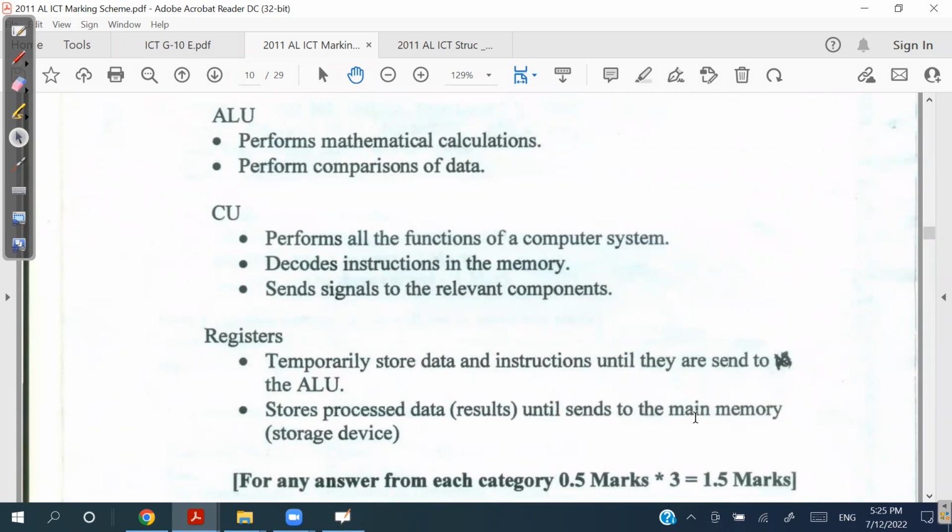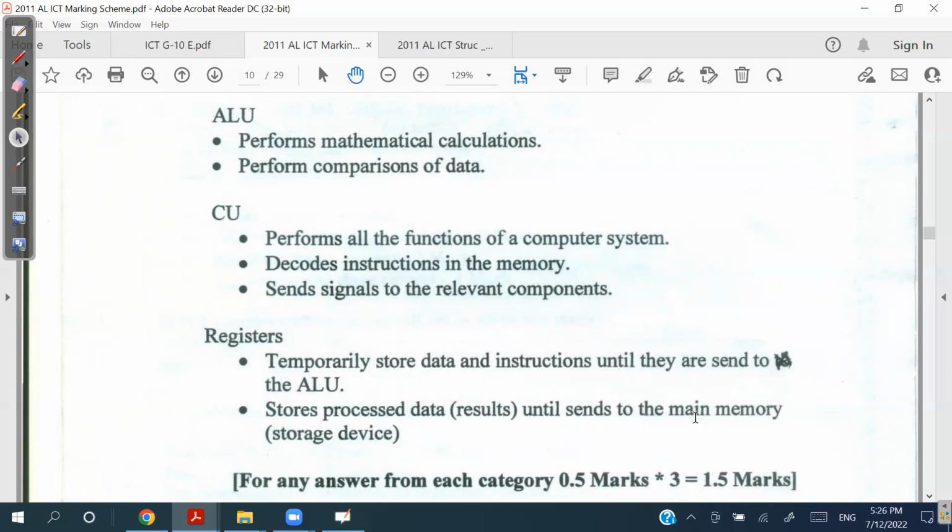So if you write, ALU is there to perform mathematical and comparison operations, you can have the marks, right? It must indicate it is doing mathematical calculations as well as comparisons, right? Control unit performs all the functions of a computer system, decodes instructions in the memory, sends signals to the relevant components,